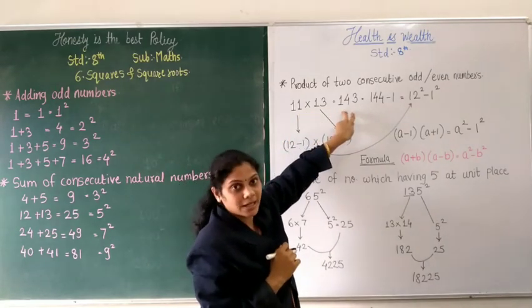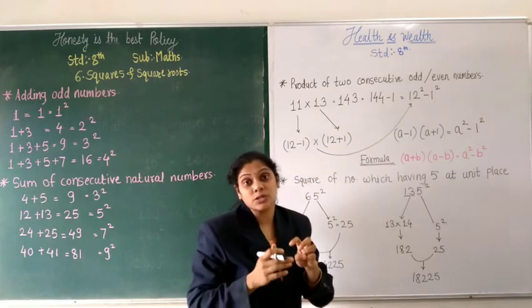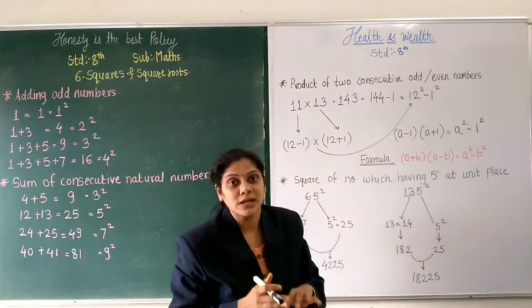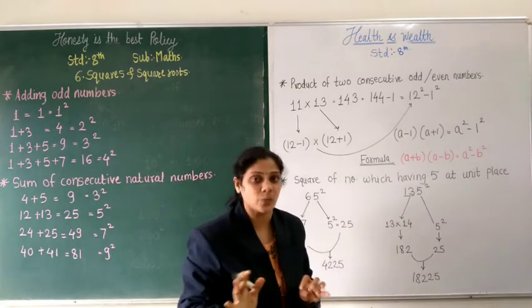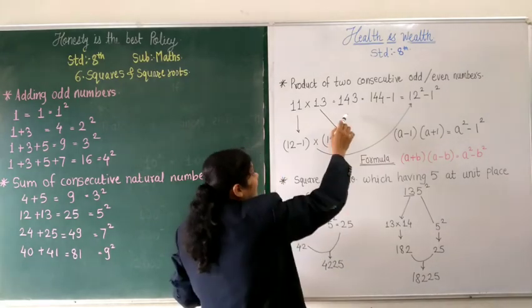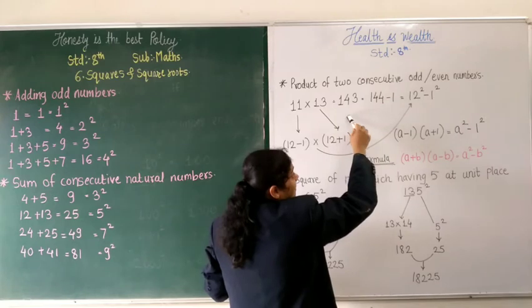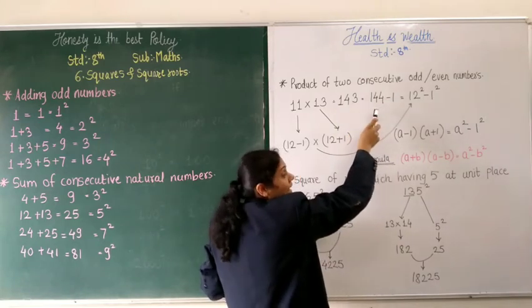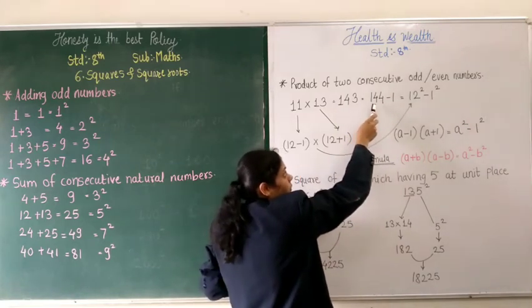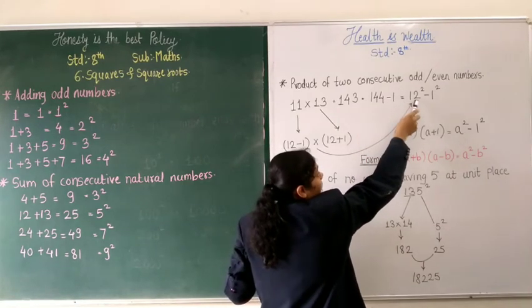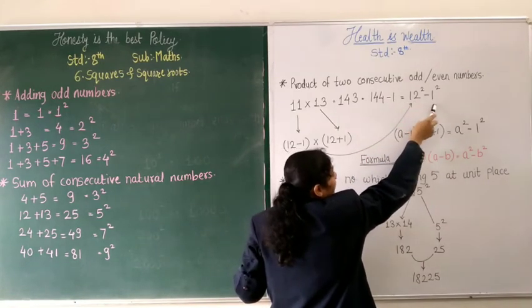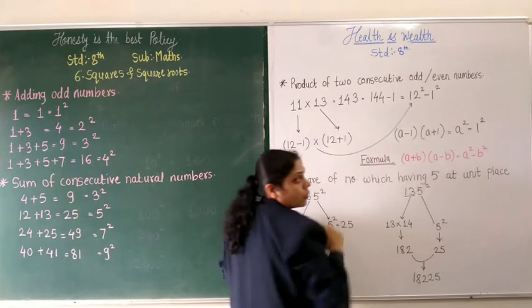143. Okay, here we are going to study about the squares. So here we have to find out the addition or subtraction which including any square numbers. So 143 we can get by subtracting 1 from any square number. So 144 minus 1, that is 144 is a square of 12 and 1 is a square of 1. So 12 square minus 1 square.